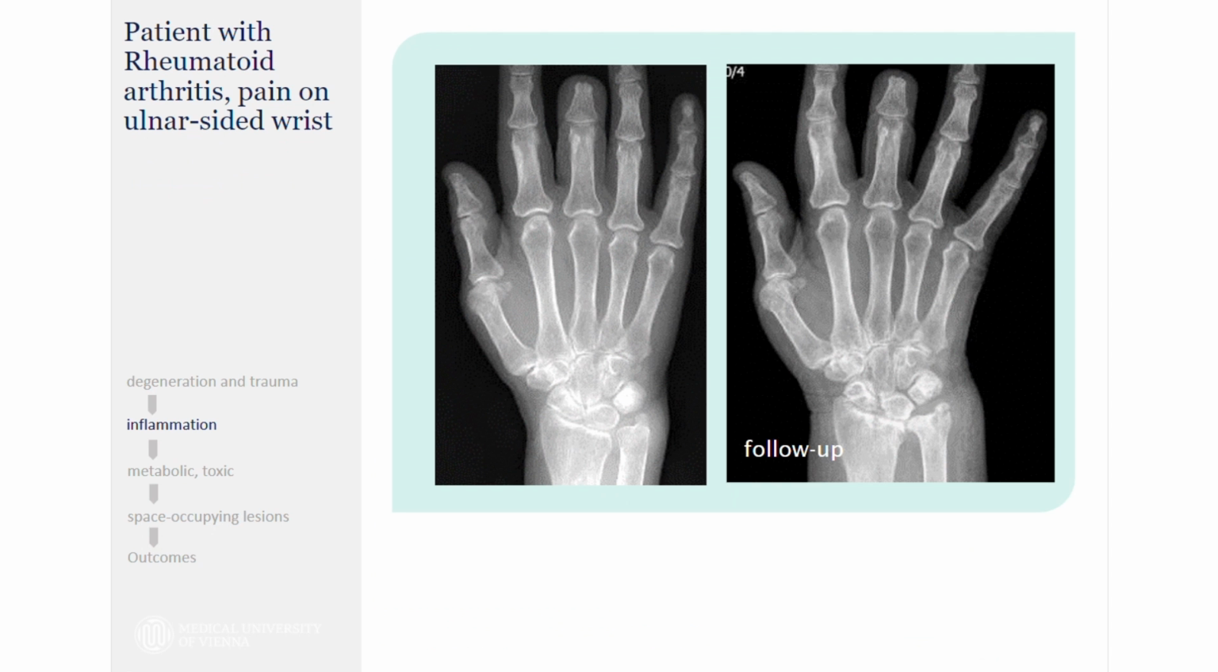This is another interesting case. This was a patient with rheumatoid arthritis, and we are now moving to the second part of this presentation. After discussing degeneration and trauma, now inflammation. What you're seeing here is extensive disease and destruction of the carpal wrist of that patient's right hand, and you see in a follow-up that there is, beside a small